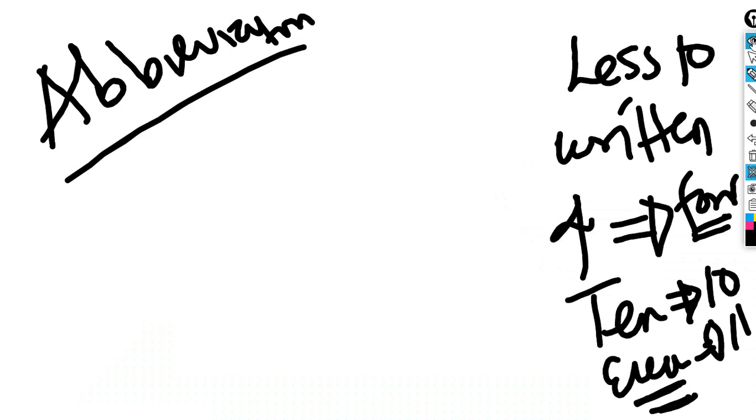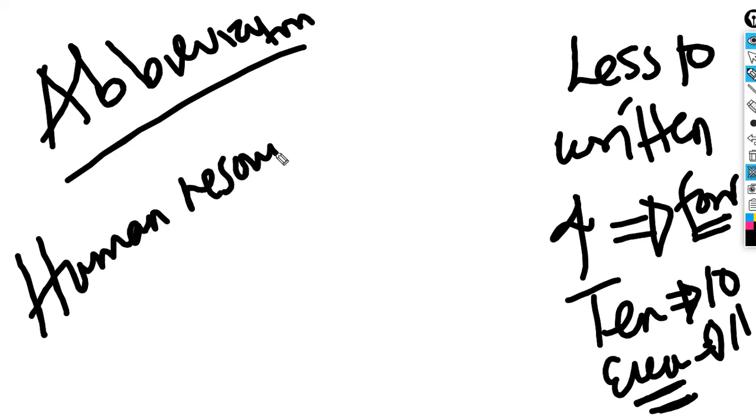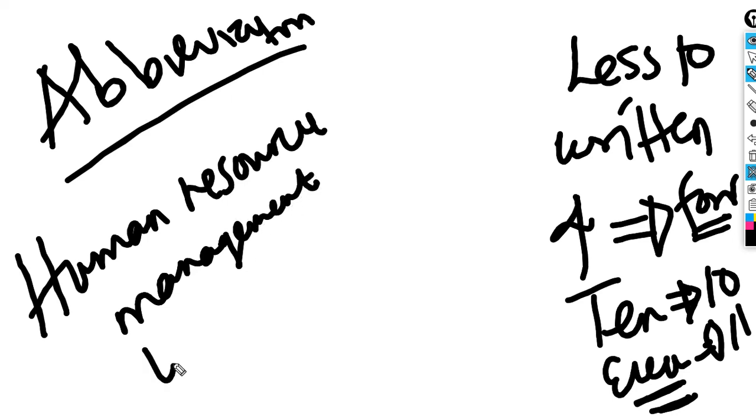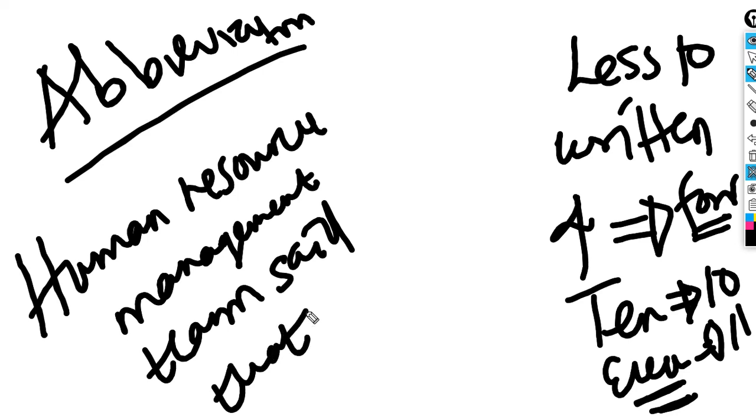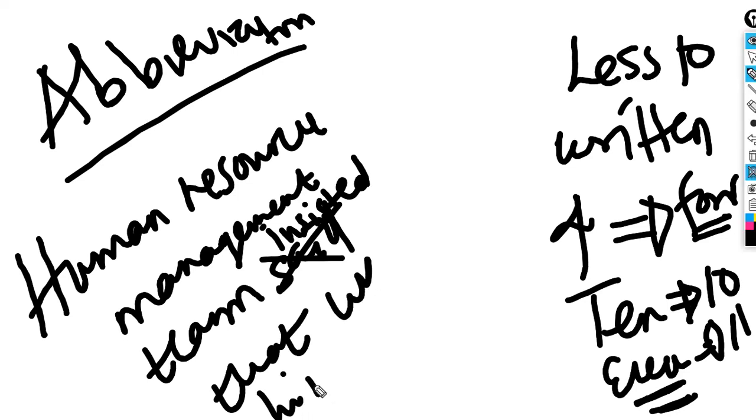So there are some words that can easily be abbreviated, like a human resource manager. The human resource management team said that, so instead of said you can use insisted that. Okay, said does not add meaning to whatever you're writing, isn't it? The human resource management team insisted that we hire additional